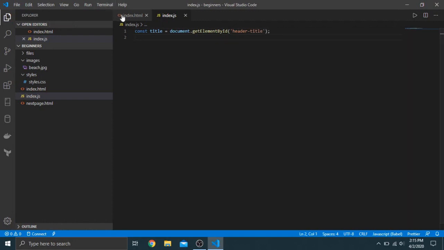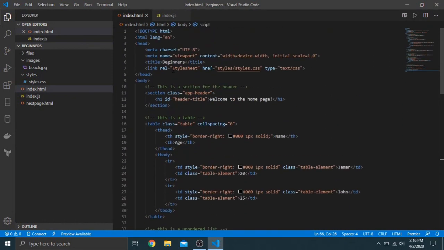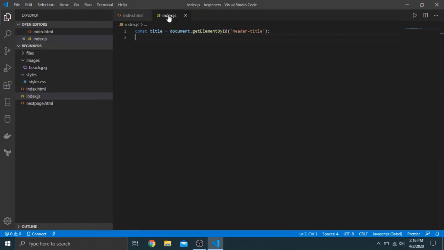Now, in order to overwrite or overrule the styles inside of the style sheet, we can just put a style tag on it and put whatever we want there, and it'll overrule any style sheet. So if you want specific styles,